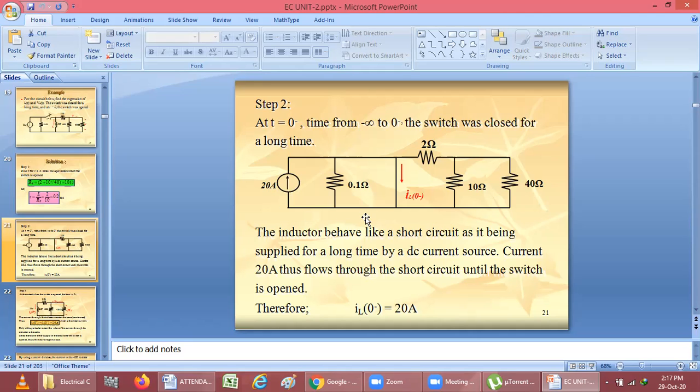The inductor will behave as a short circuit for a long time when we are having the time from minus infinite to 0 minus. At that time current is flowing, they have given here 20 ampere, and when we make the switch open,